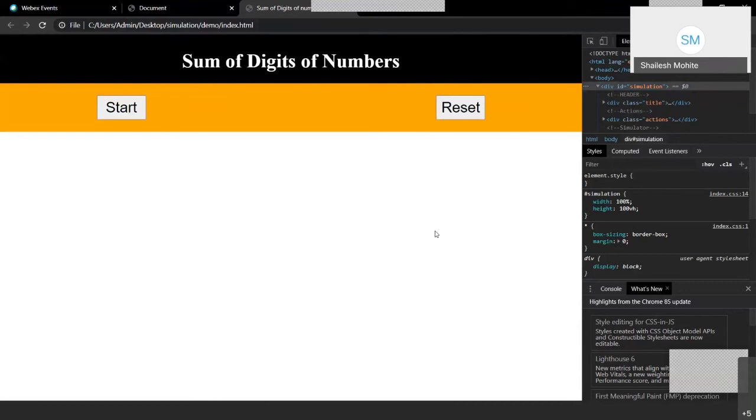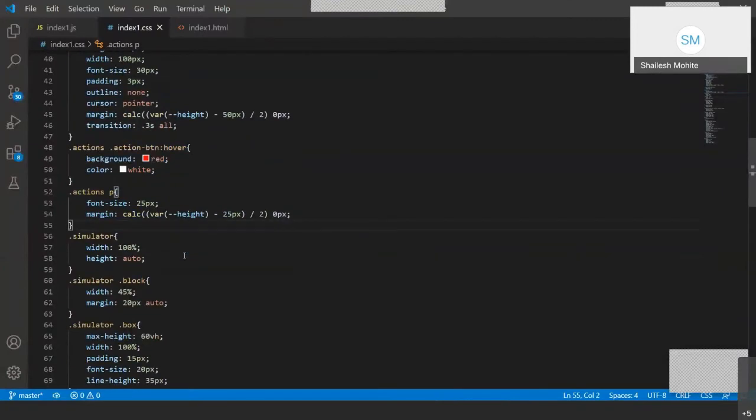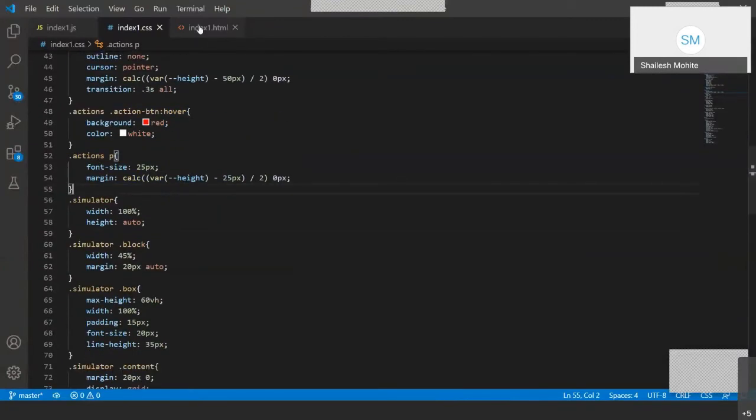In that you have to use PNG images, and with the help of those images you have to give animation, or give motion, to those images. So the code differs from one simulator to another. We will give you the different types of code after this session.